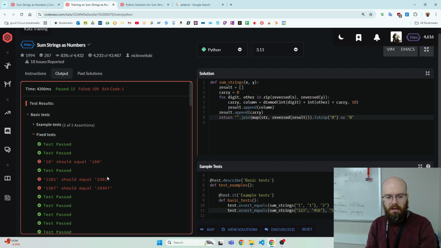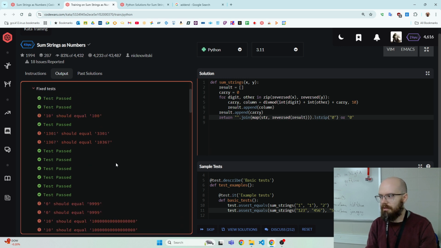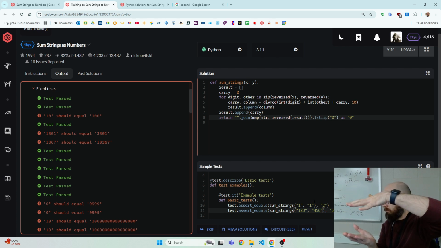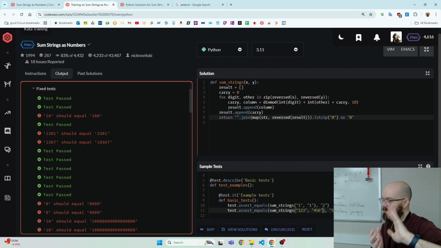which is, hey, I'm not actually adding all the numbers, because everything we've done so far is assuming that they're the same digits, like 123 plus 456. Okay, what if it was 123 plus 56? And like they don't line up. One of them's 3 long and one of them's only 2, so we can't just magically know what to do